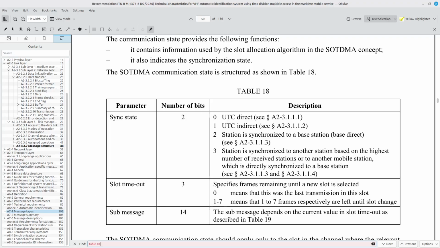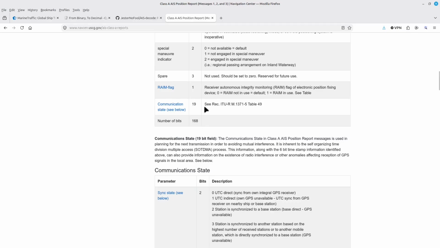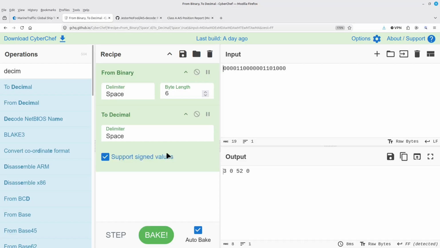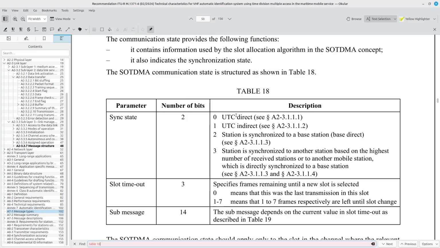What I'm looking for with these 19 bits, the first 2 bits is my sync state. First 2 bits are 0, 0, meaning it's a 0. Let me go ahead and get rid of that. I'm going to look at what that means. 0 is UTC direct. Okay.